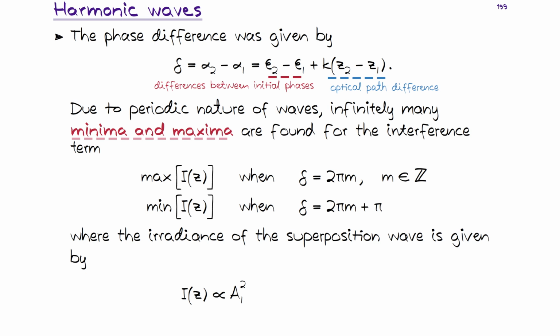It's given by A1 squared plus A2 squared plus 2 times A1 times A2 times the cosine of the phase difference, alpha 1 minus alpha 2, or alpha 2 minus alpha 1. So now this is what gives me the irradiance pattern, and this will be used quite a bit in the